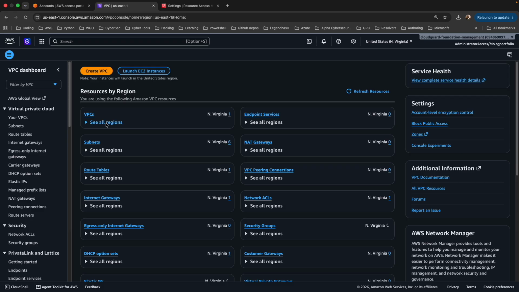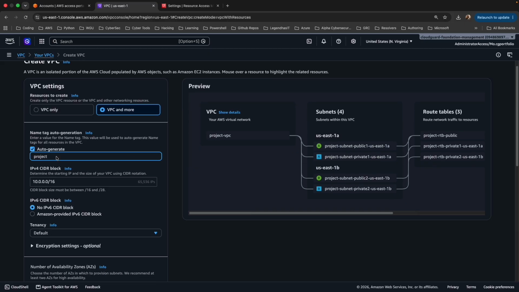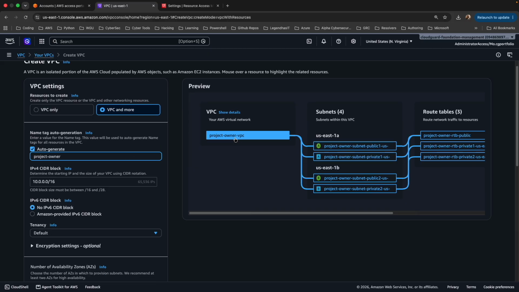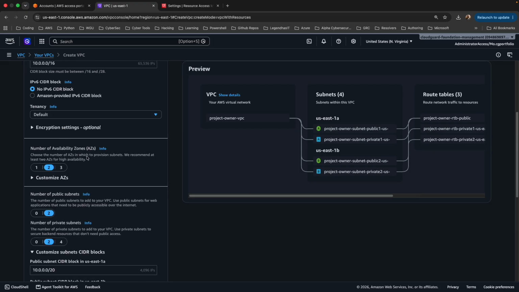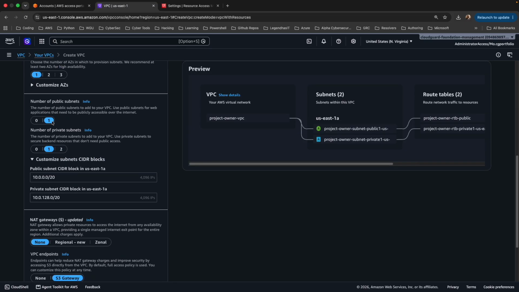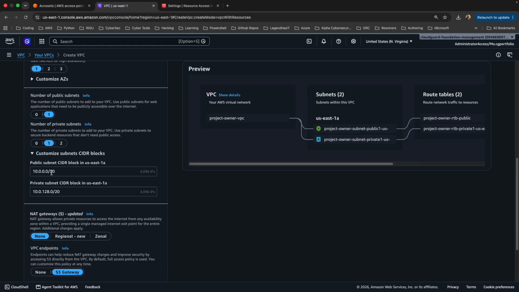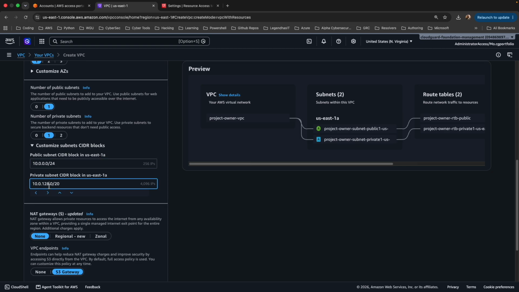We're going to come to VPC and then we're going to create a VPC. So here I'm just going to create my VPC easy. So here I'm going to name my VPC. This is going to be the owner VPC. And then for my size, I'm going to use the /16. For the AZs, for this project, I'm just going to use one AZ, not to complicate things. And then for the subnets, I need one public subnet and one private subnet. And then for the CIDR blocks, for the public subnet, I'm just going to do a /24. And then for the private subnets, let's do